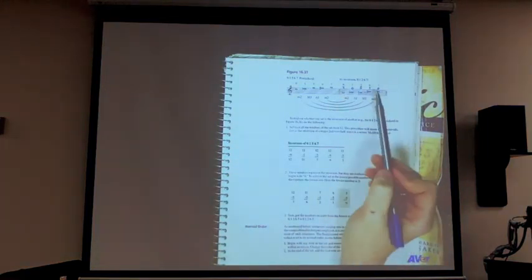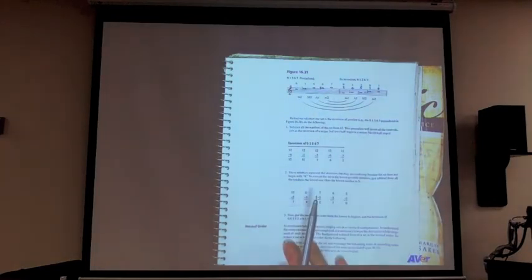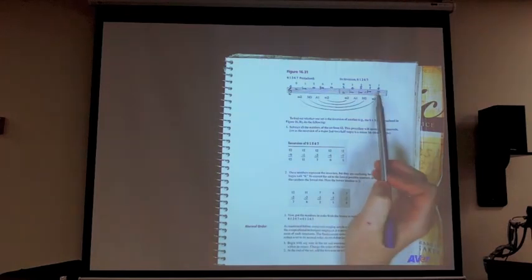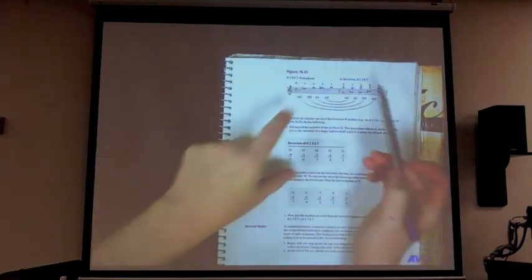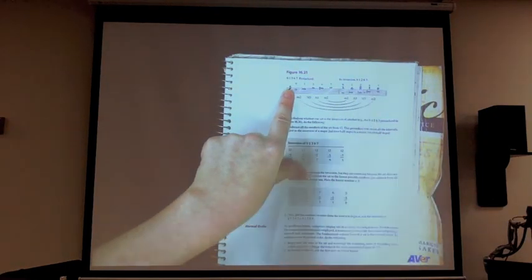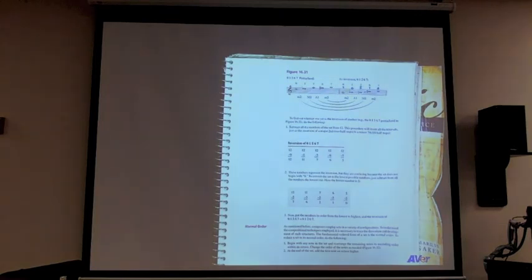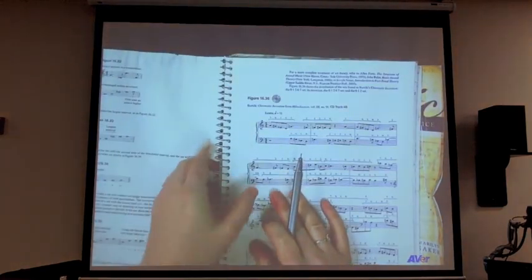But if you're not sure, this is the easiest way I find to determine whether it's an inversion: just start with the top note and then work backwards and see if they match up. And you could do the same thing with this. You could start with this top note and work backwards, and you would come up with this number. Pretty slick. All right, so normal order obviously is you're starting with the lowest pitch, and you're going to